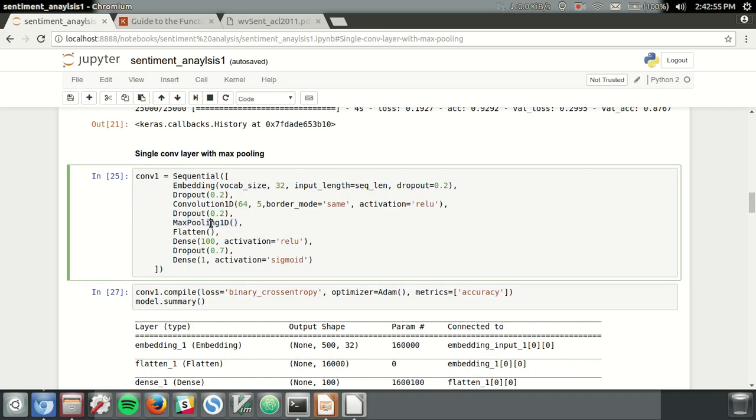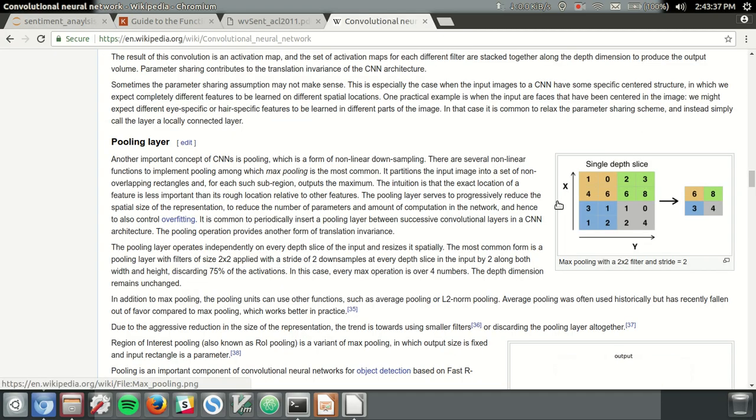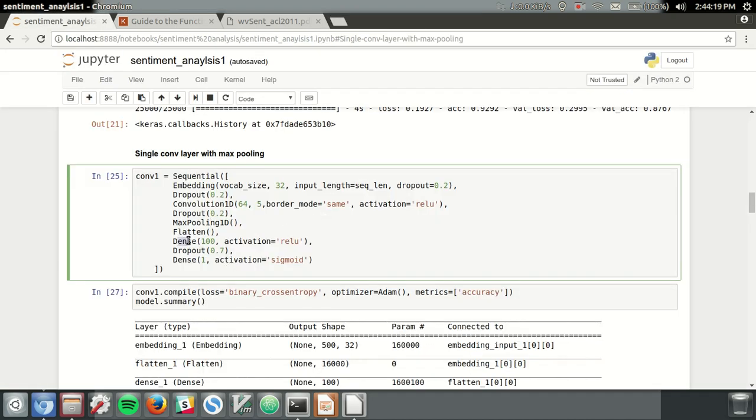We don't need to go into much detail, but for help purposes, what max pooling does is reduce the number of elements in your matrices. It always takes the higher value. So in this submatrix you have 1, 0, 4, 6 as its elements, so 6 is the dominant value over here. So in the max pooling layer 6 is going to predominate, and similarly it does that with other matrices as well. So after we use max pooling, we are creating a flattened dense layer, then dropout, then again a dense layer,